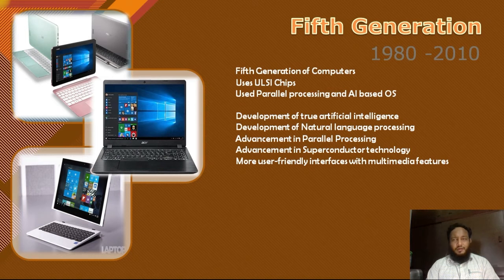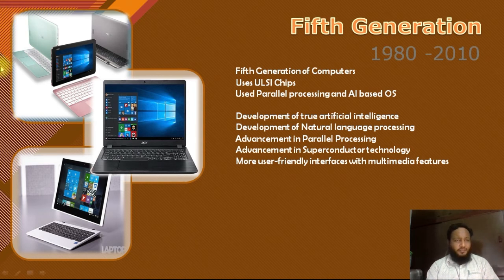These fifth generation computers are provided with a user-friendly interface. So to communicate with these machines, user-friendly interfaces came into existence. In this period only, the Windows operating system came into existence, with a lot of versions of Windows. So Windows 95, Windows 97, Windows 2000, Windows XP, Vista. There are many operating systems that came in this period only.